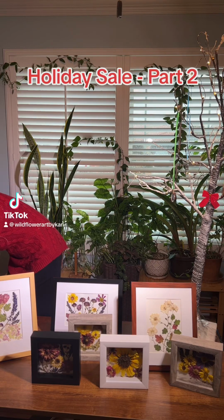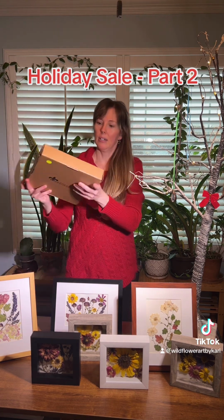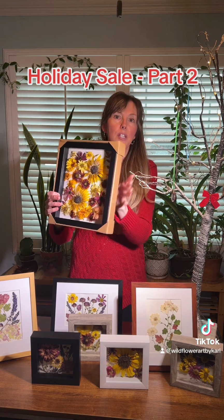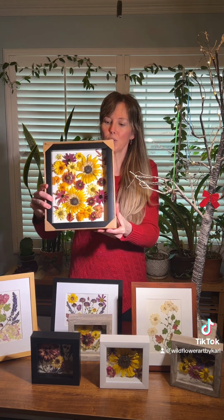To show you some of my 8x10 shadow boxes. These are in their cardboard protective case right now, so I don't want to take them out. The little ones are a little easier to take out of their case, but just for some fall